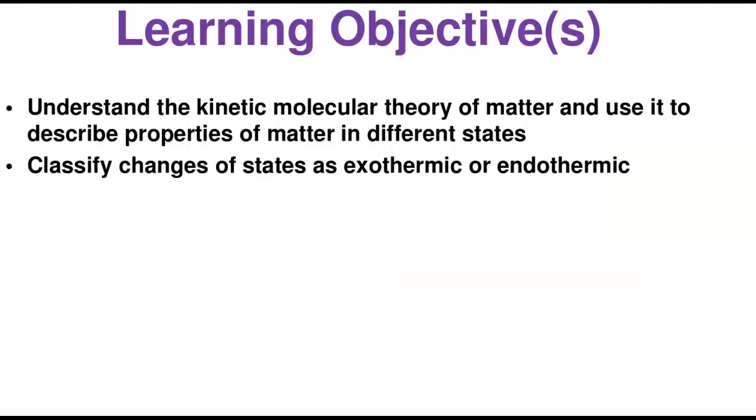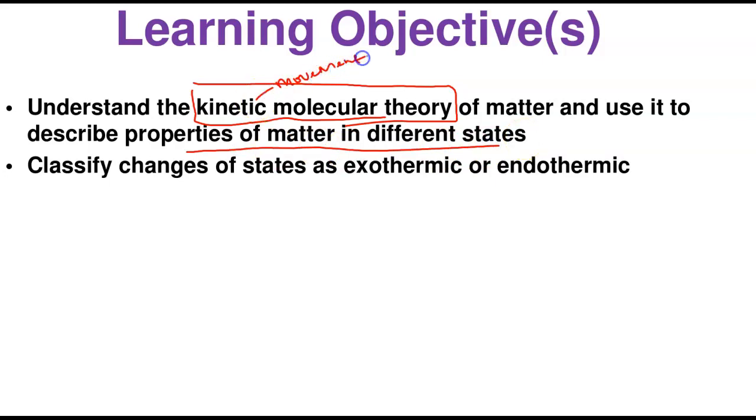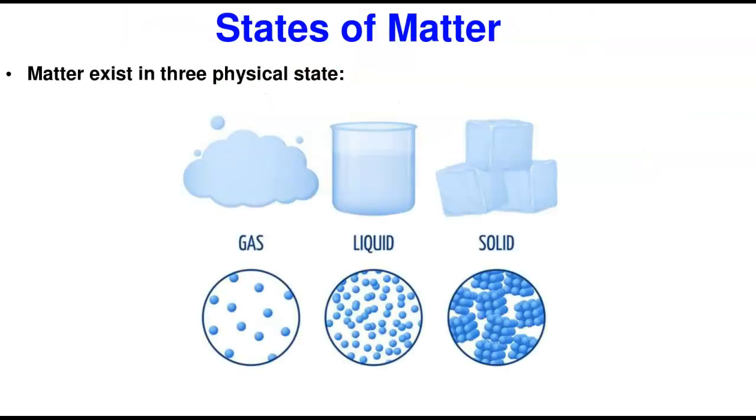Let us delve very fast into our lectures. Today we have two important learning objectives. One, we're going to understand what the kinetic and molecular theory of matter is and use it to describe the properties of various matter. The word kinetic means movement, so we're going to try to understand matter from the point of particulate movement. That's exactly what kinetic theory is. And again, we're going to classify the changes of matter as either exothermic or endothermic. You remember earlier, we made mention of these types of reaction, but in this case, we're looking at only these physical changes as exothermic or endothermic. Let us take it off from there.